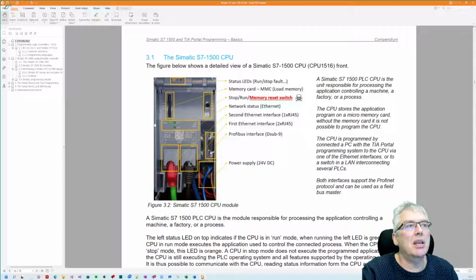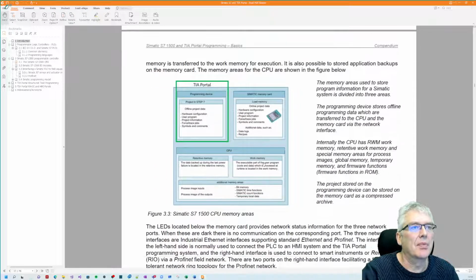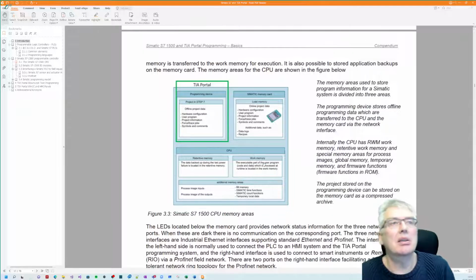Yes, and then it's Ethernet here, X1, X2 interface. Here are 2 ports for this CPU. There are 2 ports, so you can have 2 network connections here, and here's 1 port for that. When we look at the CPU and the memory in the CPU,